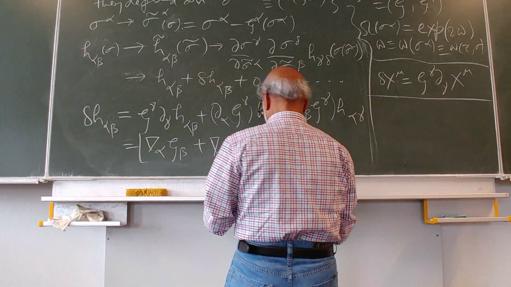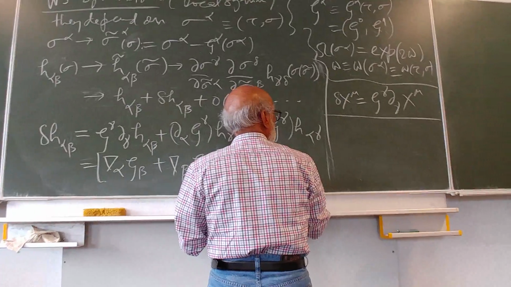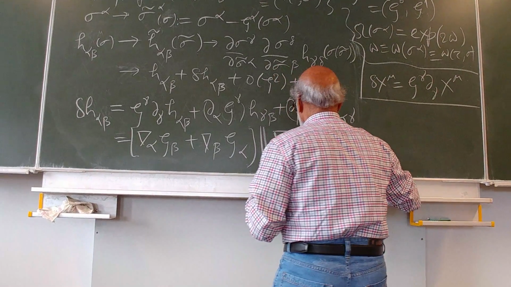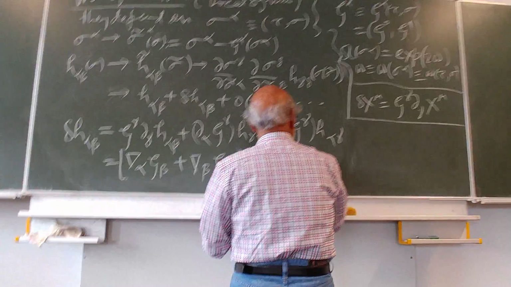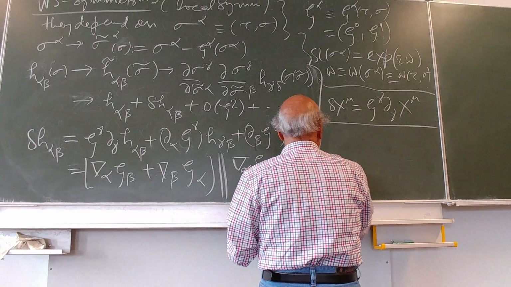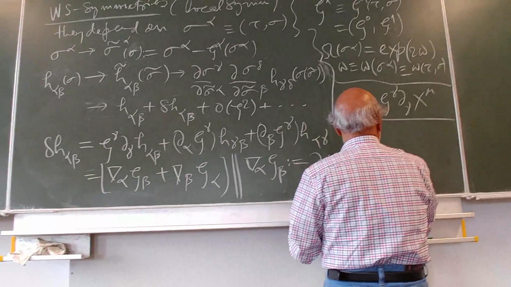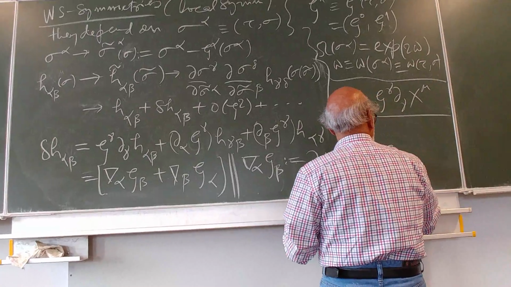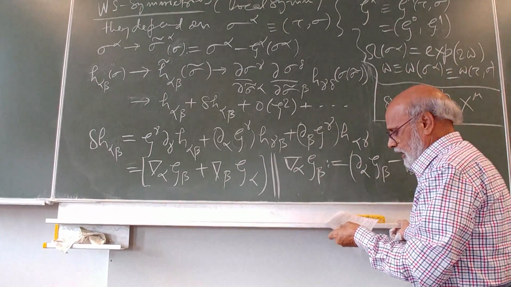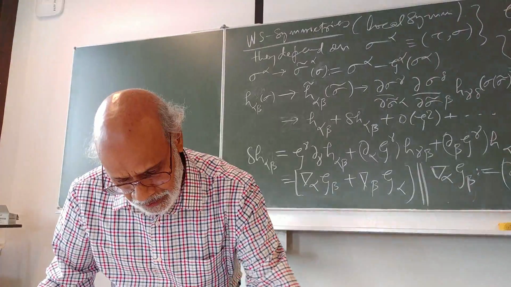Here del alpha of zeta beta, this is the covariant derivative of zeta beta, this is del alpha zeta beta minus the... here I might like to remind that when